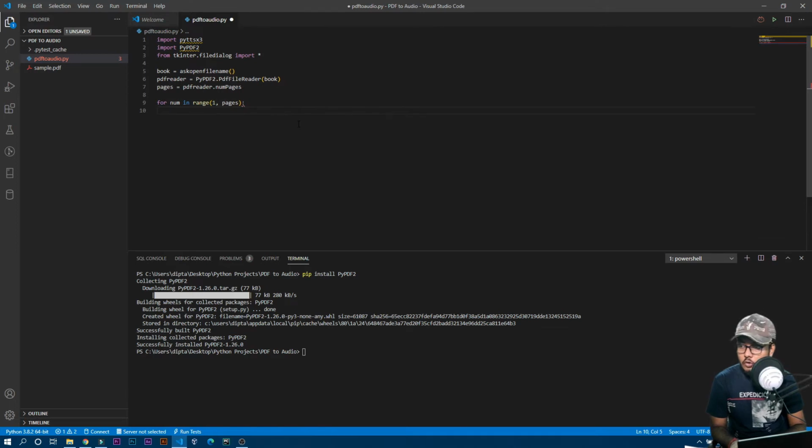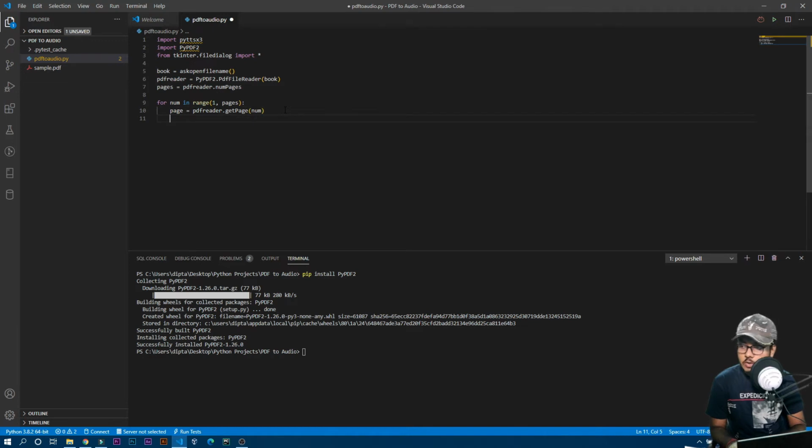And inside the for loop we actually need to find all the text from one page, right? So I'll make a variable called page, and it will basically get that particular page. For example, in the first case the num is 1, right? So assume the PDF has 10 pages, so it will get all the content from the first page. Then we want to convert that into text format. So pdfReader.getPage, and inside the parentheses we have to pass the num. So in the first loop it will pass page 1, then page 2, then page 3, till the end of the pages of that book.